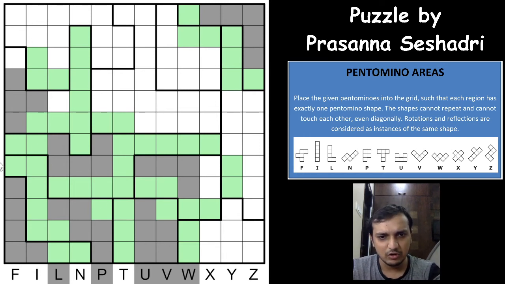So we have already filled these areas. This area cannot have an X, not at all possible. There is no way you can place an X here. You can either place an X in this area or this area. There are exactly 2 areas where you can place an X.